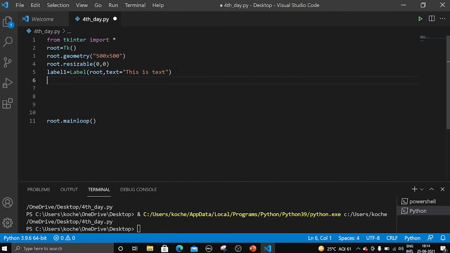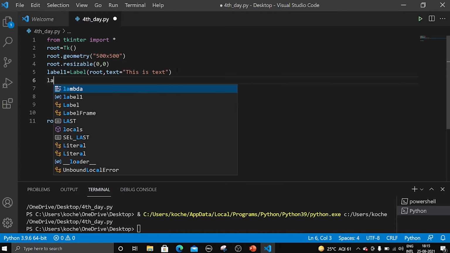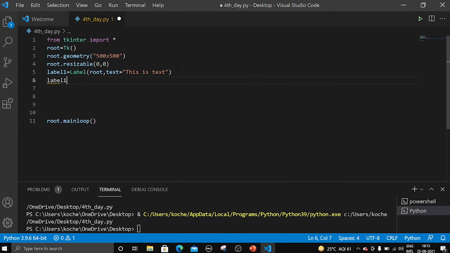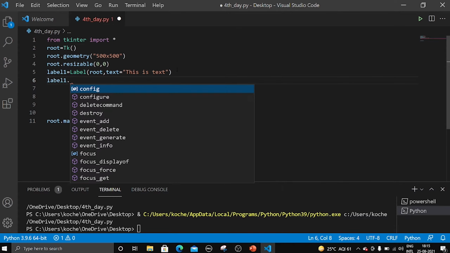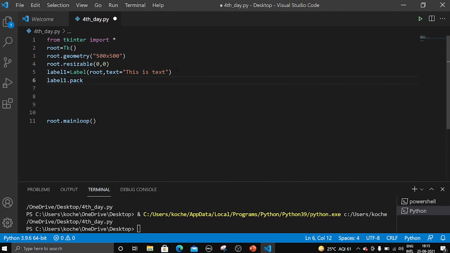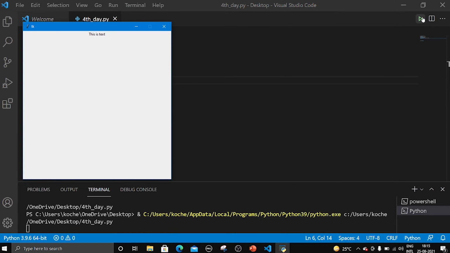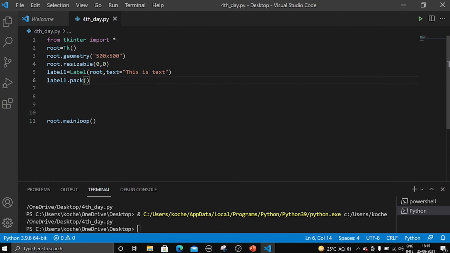And if you want the label to be in the window, we need to keep it in the window, right? There are 3 ways to keep it in the window. One is pack, one is place, one is grid, right? So let me show you what are the differences in packing them. So let me label 1 dot, first let us use the first method, that is pack. Label 1 dot pack. Let me run this one. So we got it directly in the center,